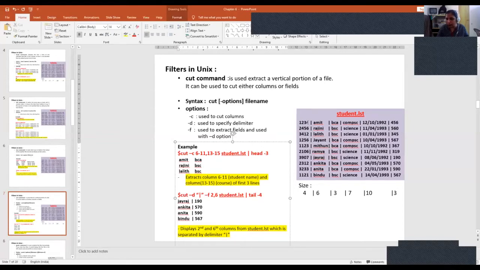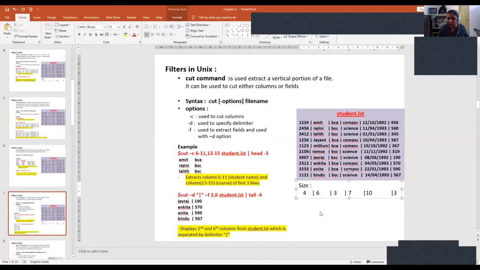This is 4, your vertical bar is 5, and then I am going to start extracting the data, the student name. So from the student name, that is 6 to 11. See, what is the length of the student? That is 6. So 6, 7, 8, 9, 10, 11. That means how many characters? 6 characters. So from 6 to 11, I will be extracting the student name.